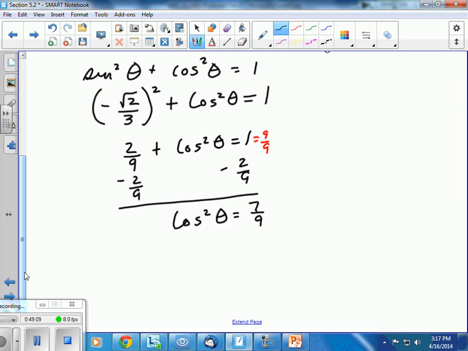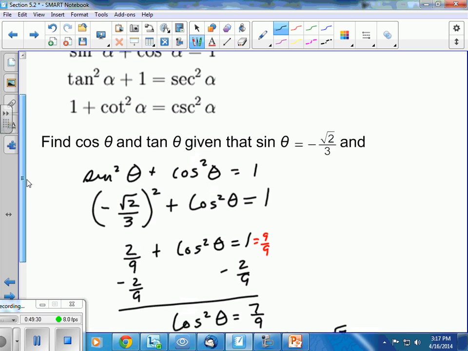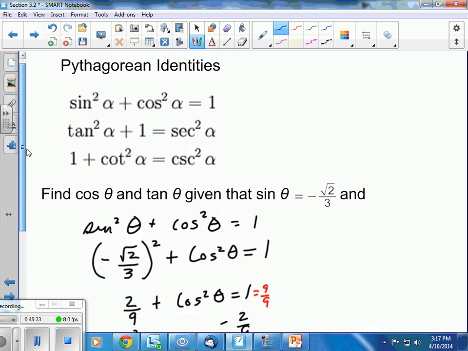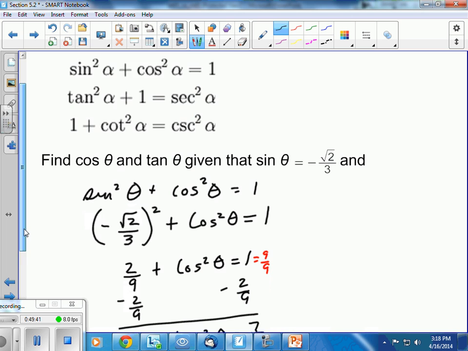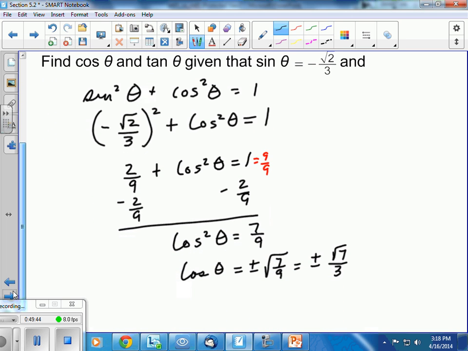To find the cosine of theta, I'm going to take the square root. It would be the positive or negative square root of 7/9, which of course would be the positive or negative square root of 7, all divided by the square root of 9, which is 3. Now I have to remember, when I go back up here, that the sign is negative,